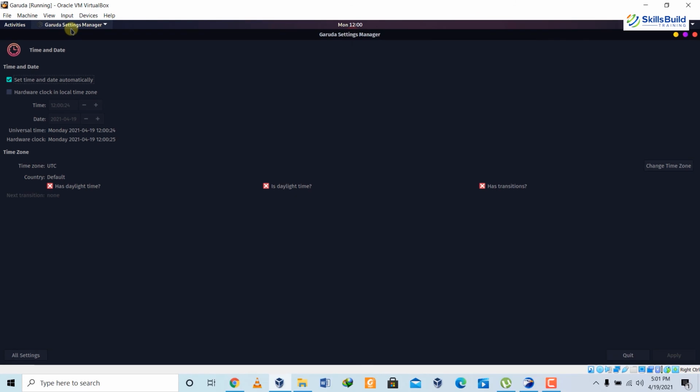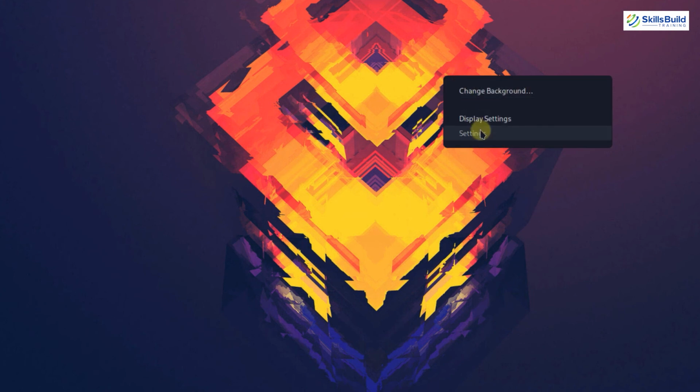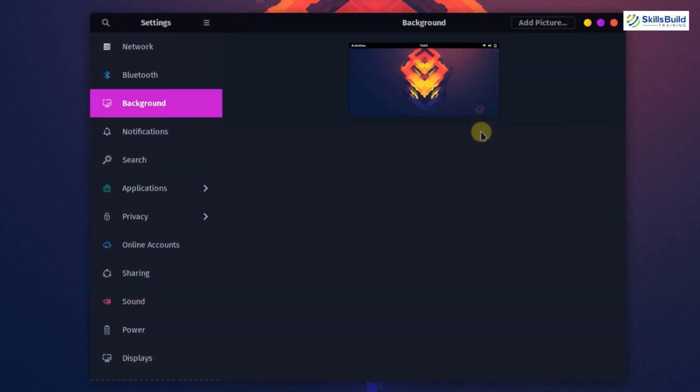So now let's talk about the other settings which I was talking about earlier. For that purpose, just right click on your screen and from here click on settings. These settings are all about your front end, means those settings which will affect your front end most of the time. For example, here I have background. For now I have only one background available. In case I want to have more than one background, I have to update my system and eventually it will have more pictures available from where I can choose a picture for my background.